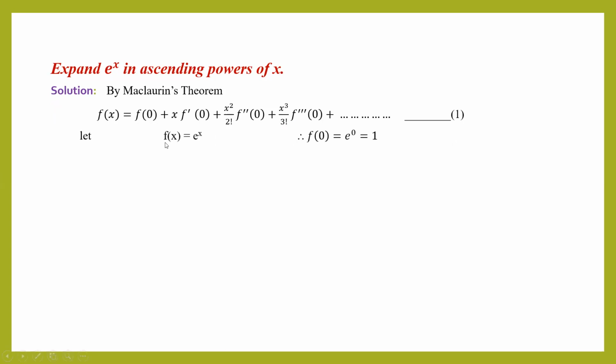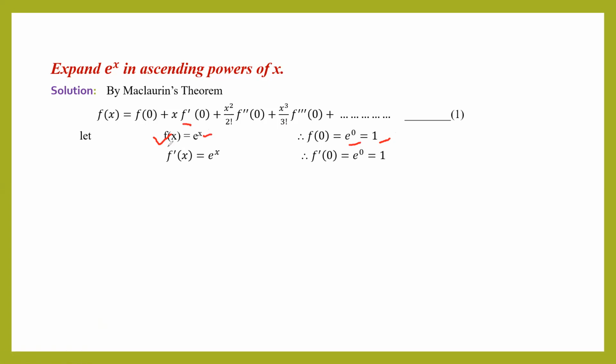So we'll write this f of x as e raised to x, and according to this function we have to find f of 0, f dash of 0, f double dash of 0 and so on. As we have here f of x as e raised to x, when we replace x by 0, you will get e raised to 0 and its value is 1. Now to get this f dash of 0,